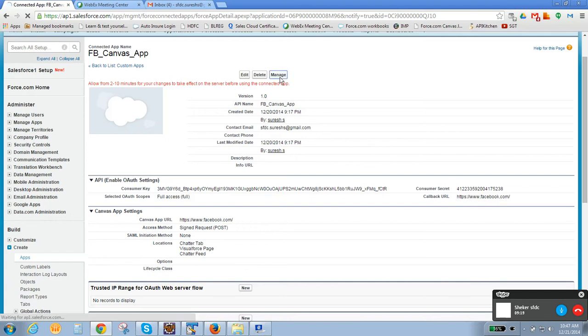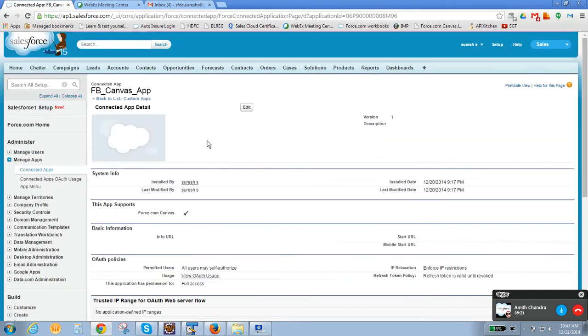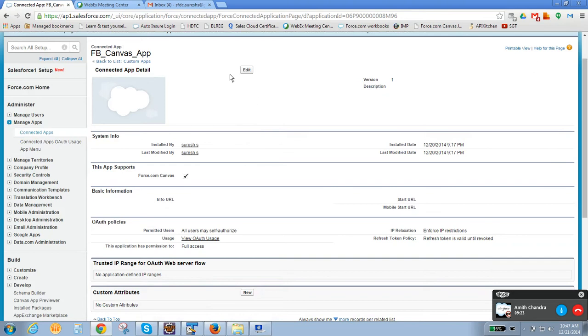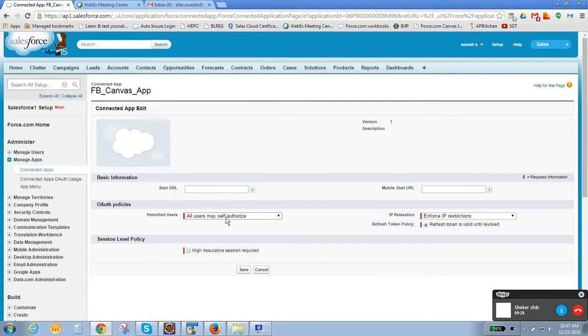Click on manage, where we can set two more permissions. Click on edit. Here you can see some other restrictions and policies. All users may self-authorize, or admin approved users are pre-authorized.